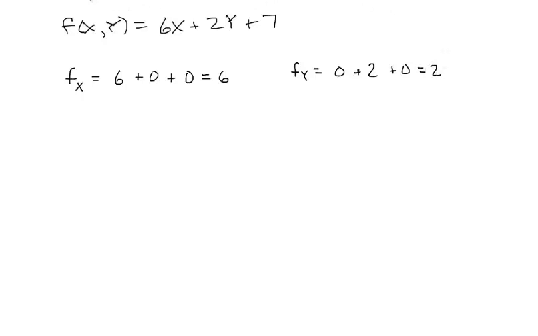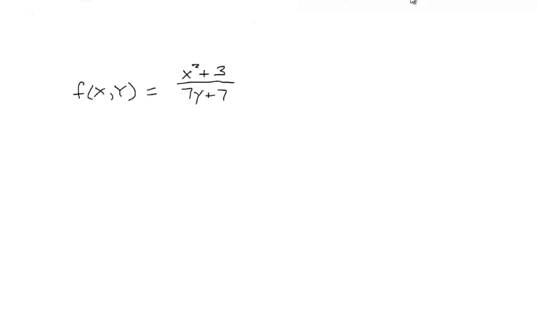Now it's also important to remember that regardless of which derivative rule we use, we still use the rule the same way. When we take the derivative of a function, we need to decide which variable is a constant. So here we have the quotient rule. When we do f with respect to x, we're still going to run the quotient rule the same way. So we have 7y plus 7, the rewrite of the denominator, times the derivative of the numerator with respect to x, which is equal to 2x,